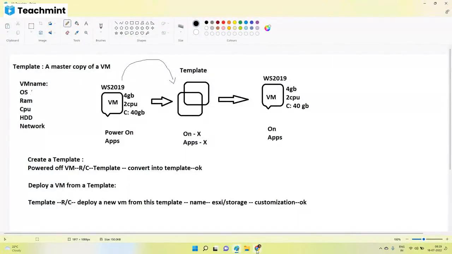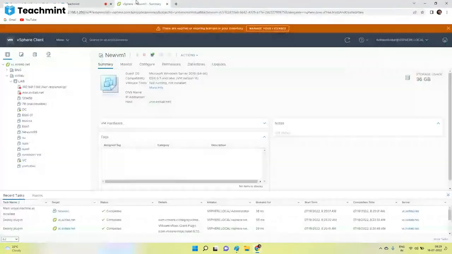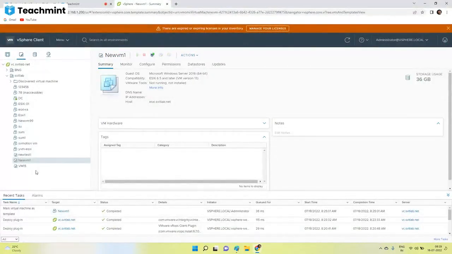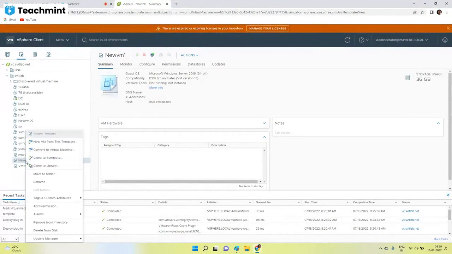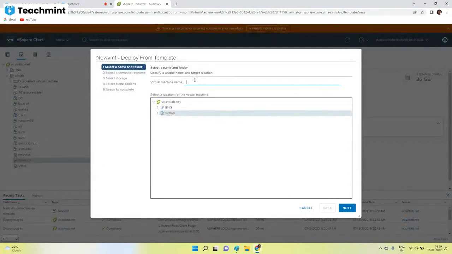Fine. So now we will create a virtual machine from this template. It will be our daily work also, creating a VM from a template. Select the template, right click, new VM from this template. What name? I need VM 567. Next,